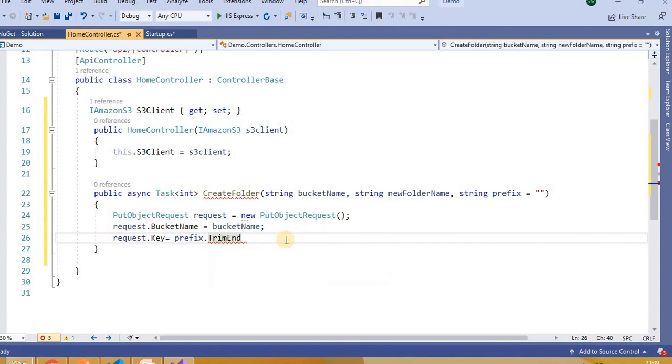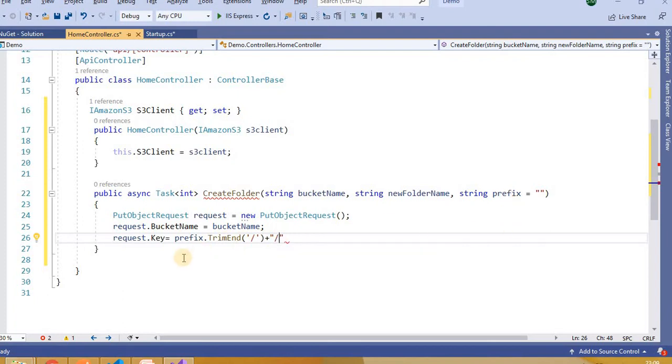I will trim end here, add a backward slash, and after that again add one backward slash. I make sure that if the backward slash does not exist in the prefix, then I will add it.